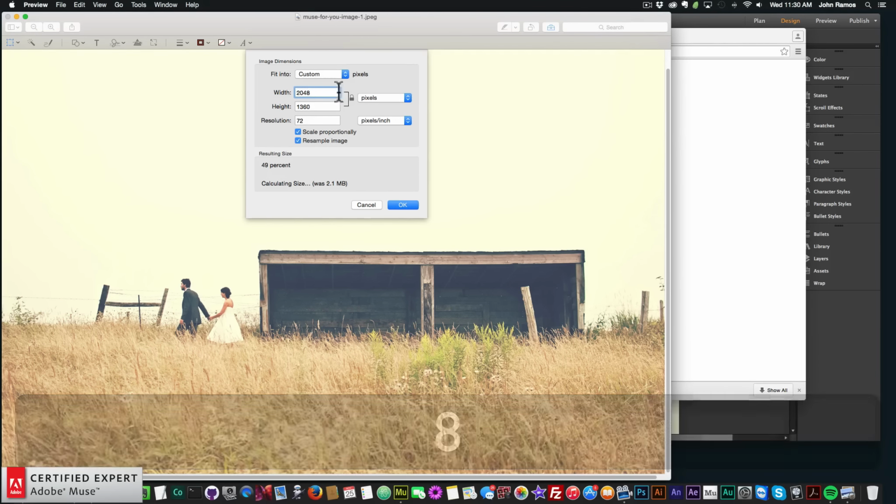So I've reduced the width to 2048, and it automatically reduces the height to 1,360, and it comes out to 428 kilobytes. It was 2.1 megabytes, and it reduced it by 49%, and now it's 428 kilobytes. So I'll click OK, and then I'll click Command S to save, or you can go File and Save to save the image. So now we have our image, the size is reduced, and we can place it into our Adobe Muse